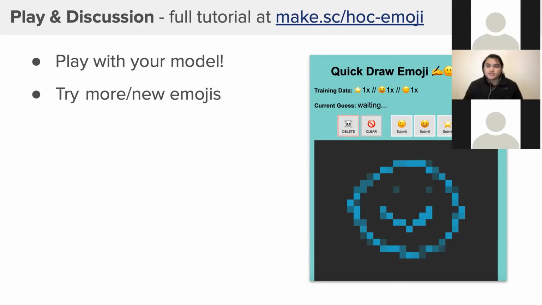So just have fun with it, play with your model, and it's kind of like training a pet, right? If you're training a dog, it won't be able to understand what the command sit is, correct? It won't be able to understand what sit is until you train the dog over and over and over again. That's the same thing with machine learning. You have to train the model over and over again with different angles, with different scenarios, with different types of, in this scenario, different types of drawing, right? Because as an artist, I'm a terrible artist. So the way I draw a smiley face is completely different than how you would draw a smiley face, right?